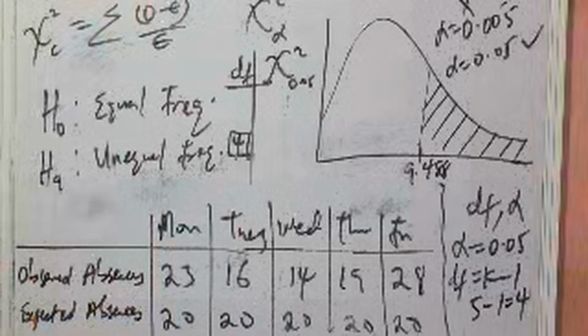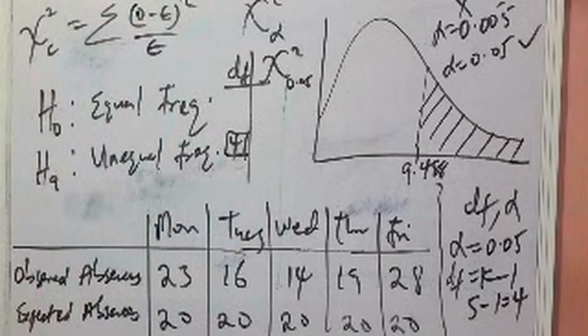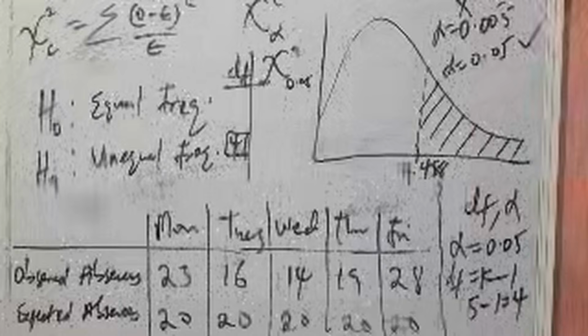So what you want to do right now, which is a very important thing, is to say this is the observed, 23, and this is the expected. So for each of them,